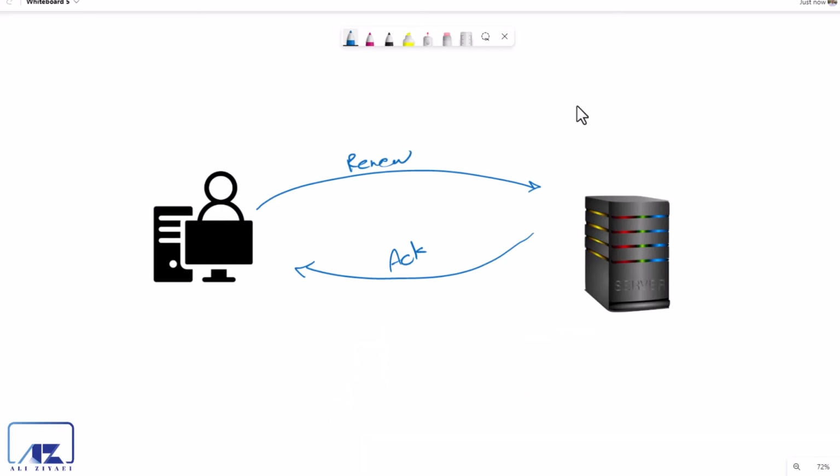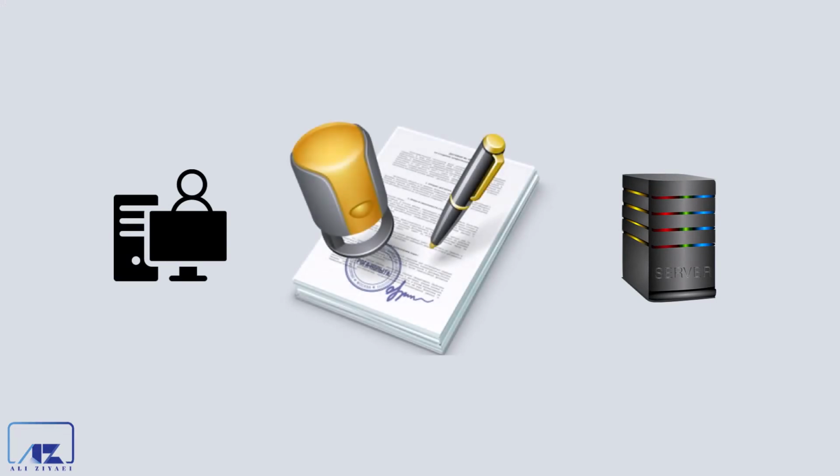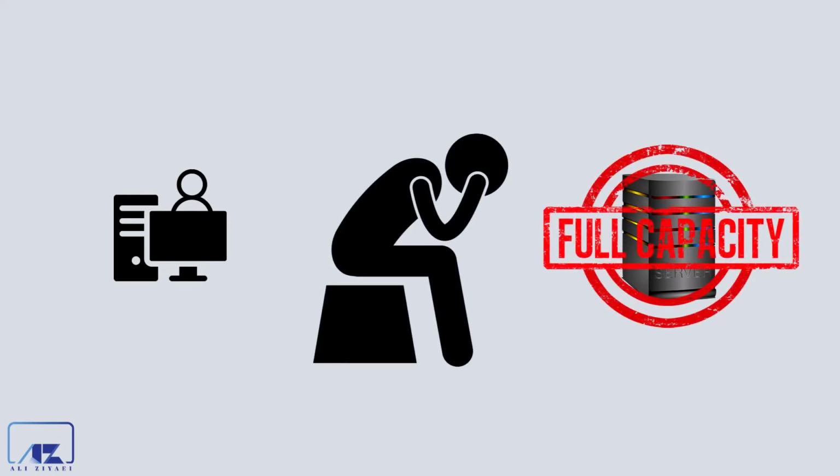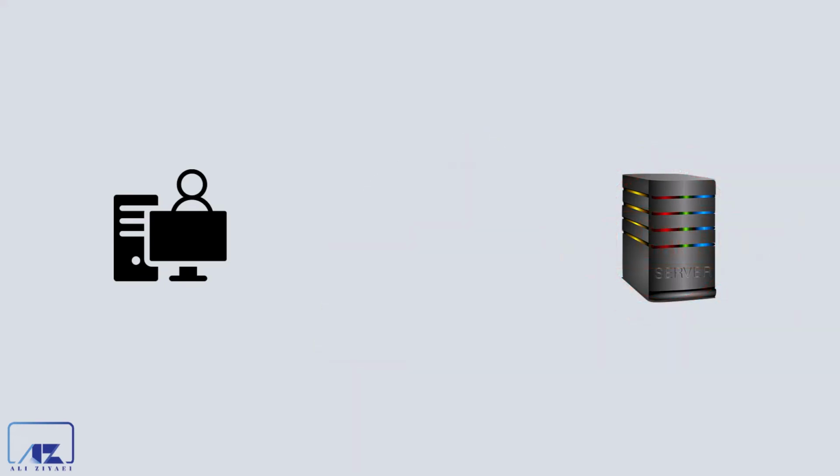Let's take a more technical look at the steps. Clients lease the IP addresses from the DHCP server. They cannot hold on to the same IP address forever. If we did not have a time period for the IP lease, then after a short while the DHCPs would be running out of IP addresses and the new clients would not be able to get the IP addresses. In the next videos, we will learn how to define these time periods.